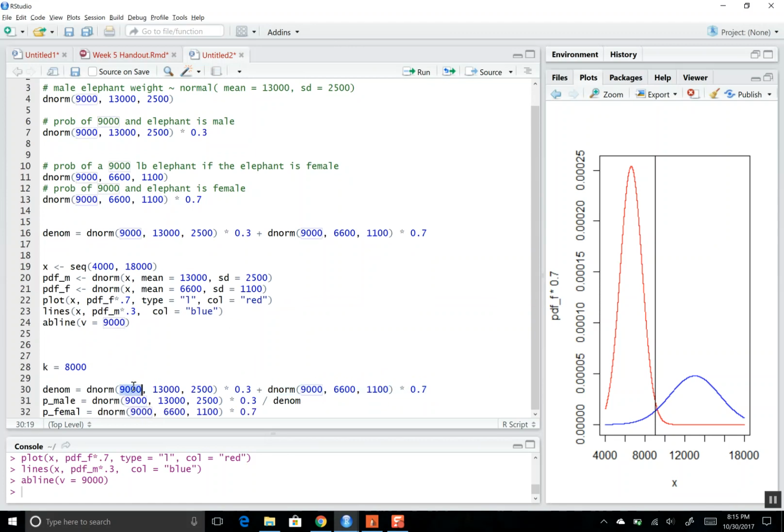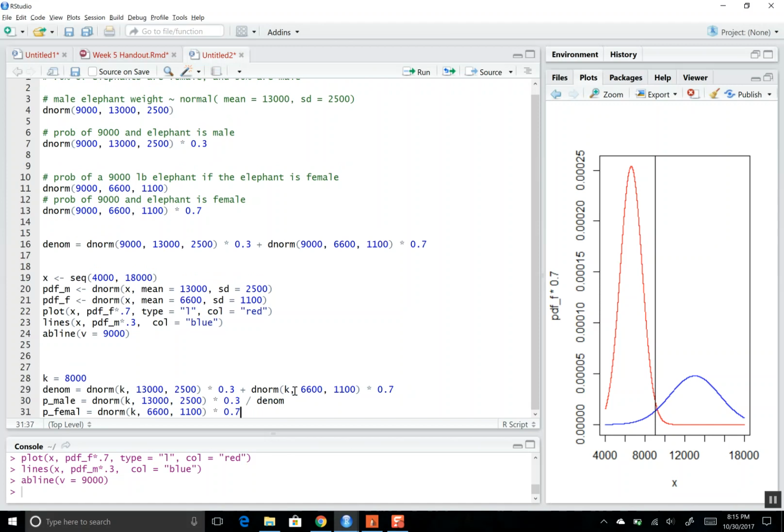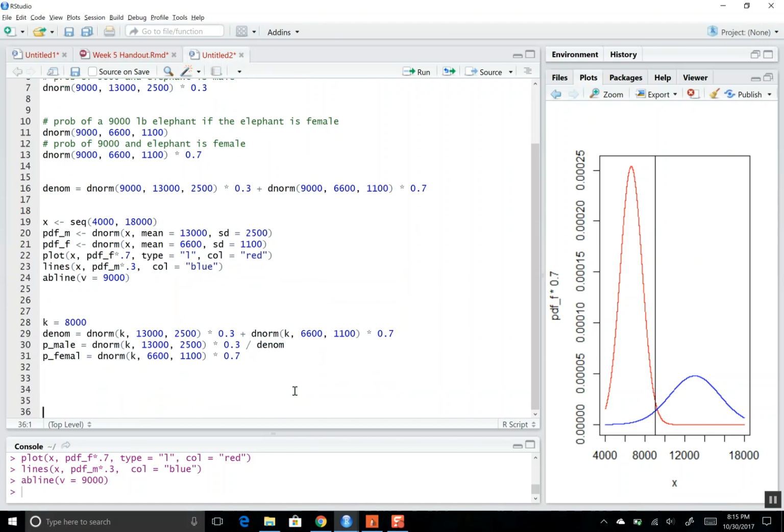And I just replace all the 9,000s with K. We would see exactly what we have here. So here is just a very simple classifier. We have K is equal to 8,000. My denominator, I calculate this, and